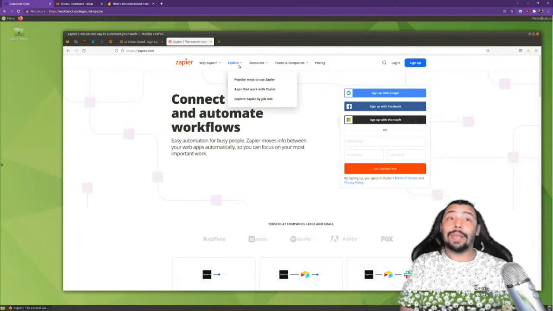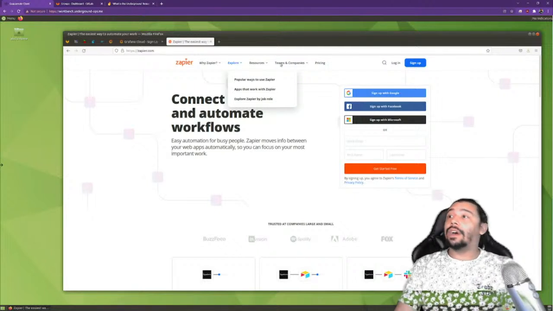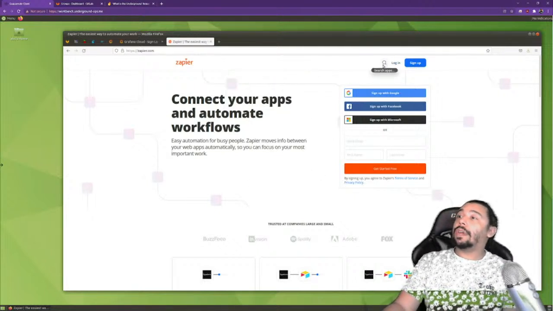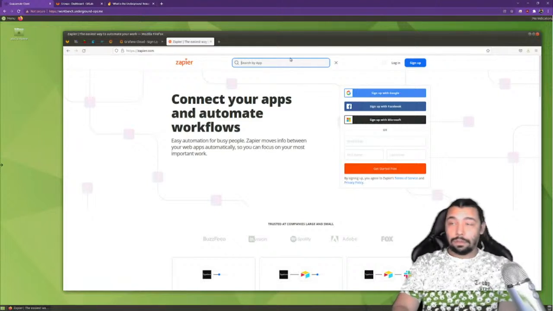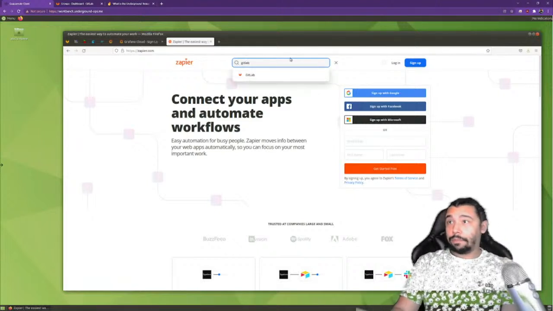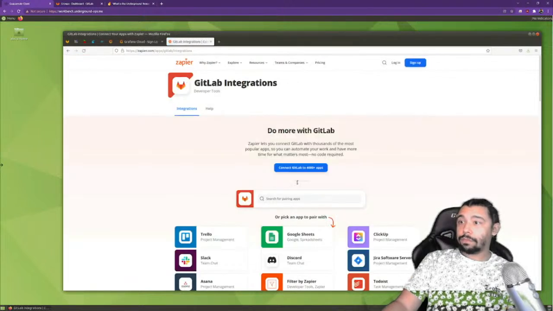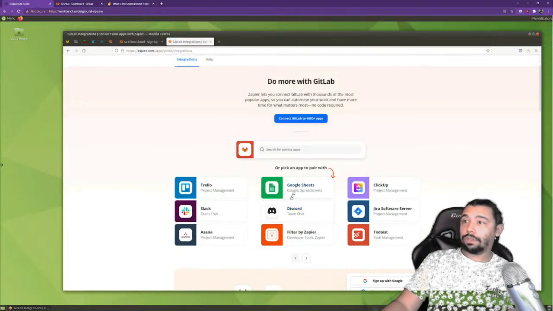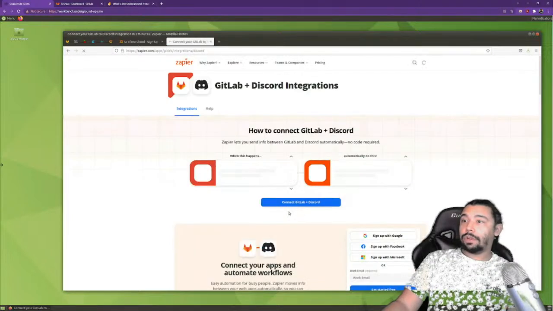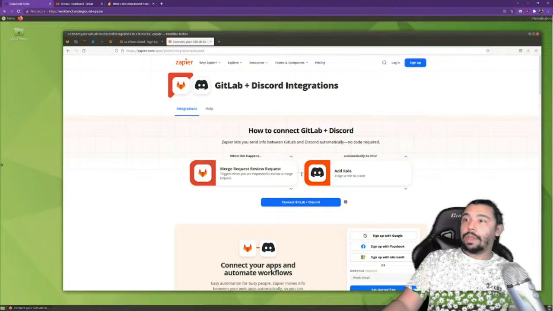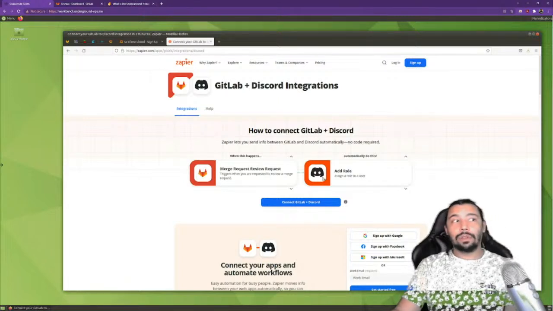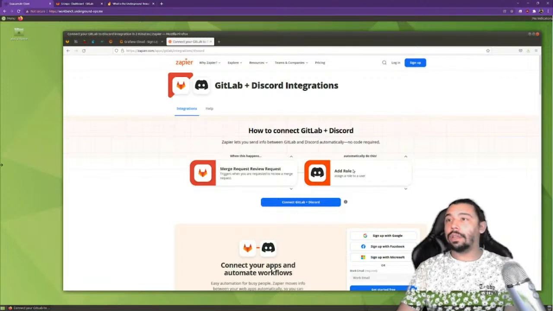And maybe they use zaps all day long, and they want to know how to use GitLab with Google Sheets or Discord, right? Maybe you're trying to integrate GitLab with Discord. It really depends on what your goal is.